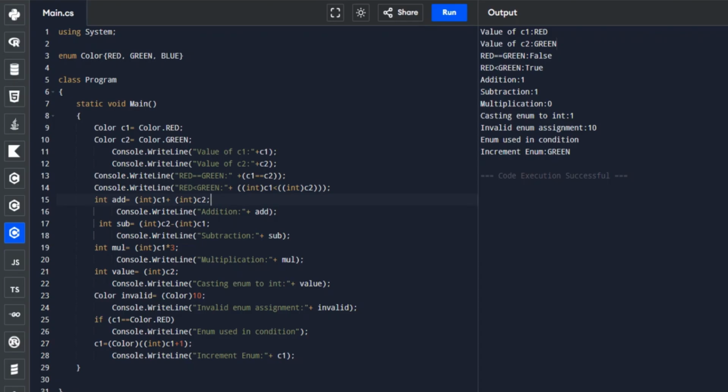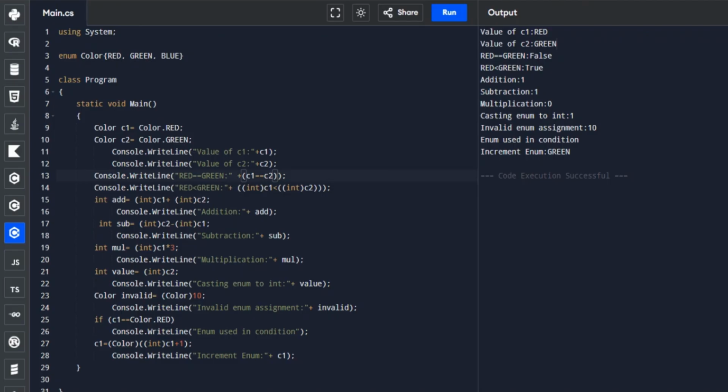That is why it gives us false: C1, which is red, is 0. Here C1, which is 0, is compared to C2, which is green.